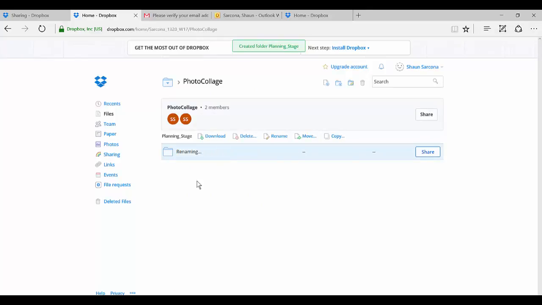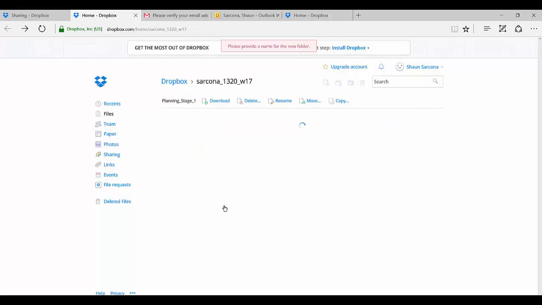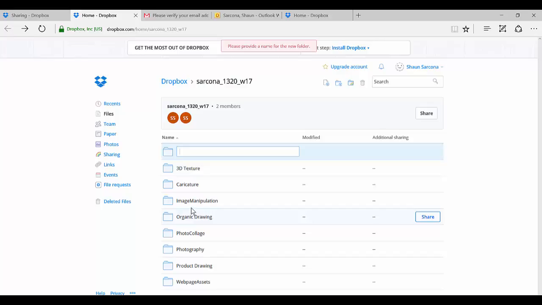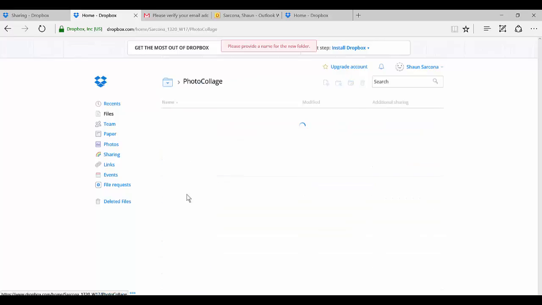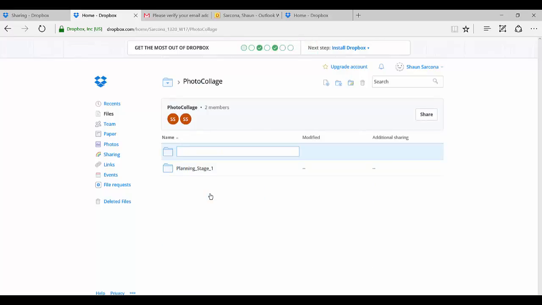New folder, planning stage, photo collage. Right click, new folder,